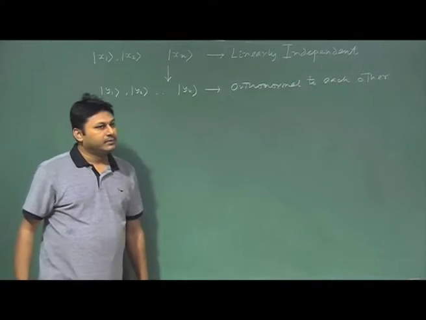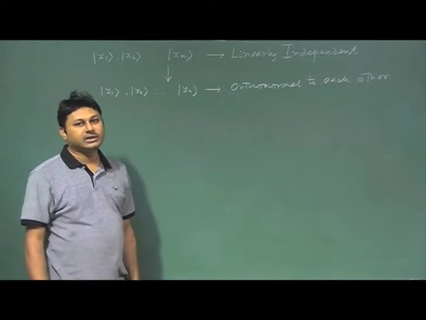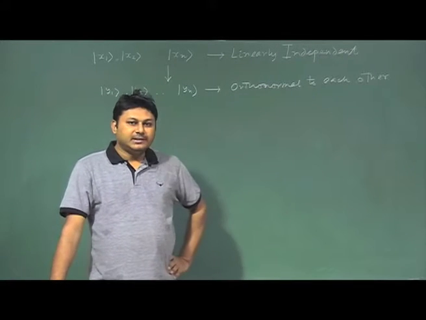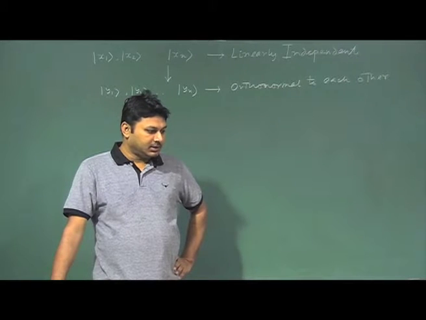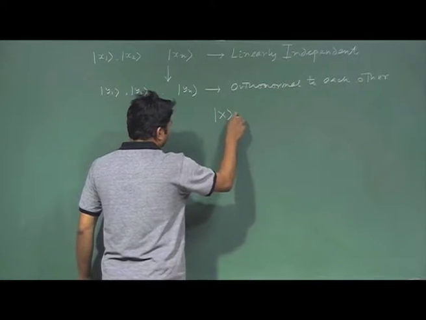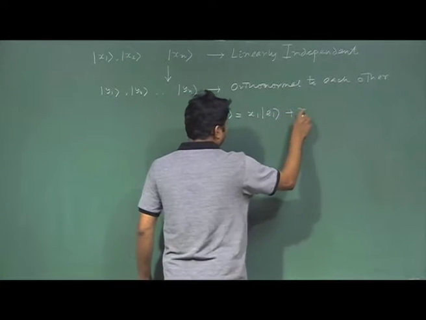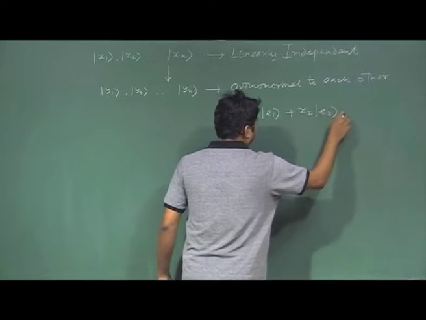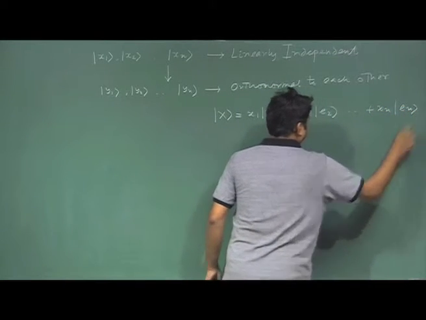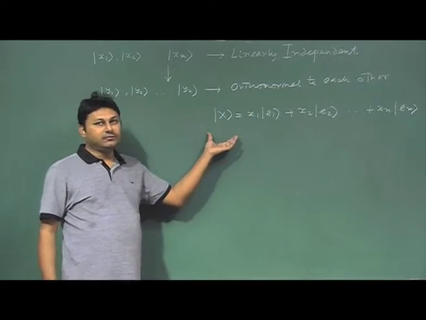Now orthonormal basis, these are forming a basis, because we know that a set of linearly independent vectors can always form a basis. It is very important. Orthonormal basis gives you very important ideas. If I want to expand any vector in an orthonormal basis like this, where e1, e2, en are orthonormal, we can get very important information from this.